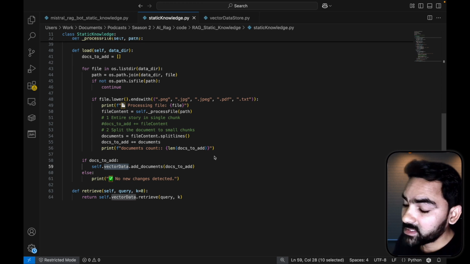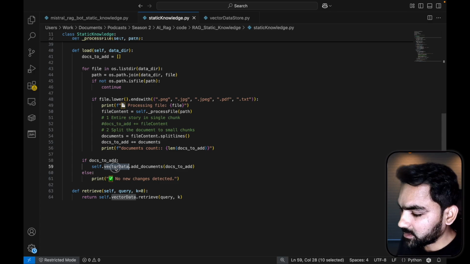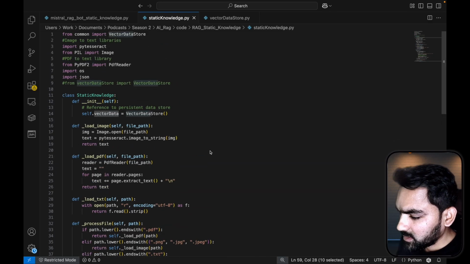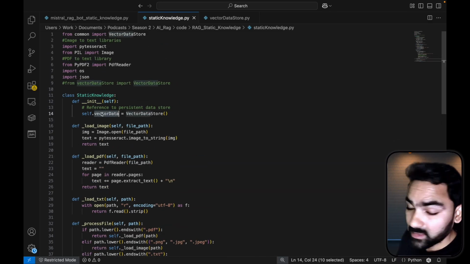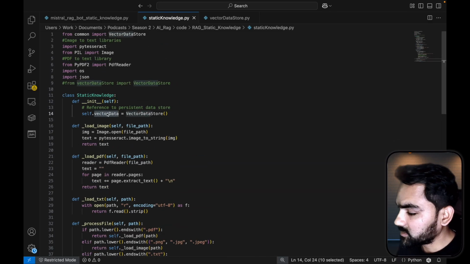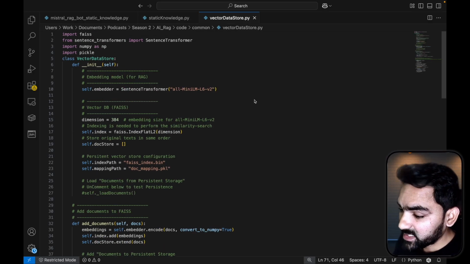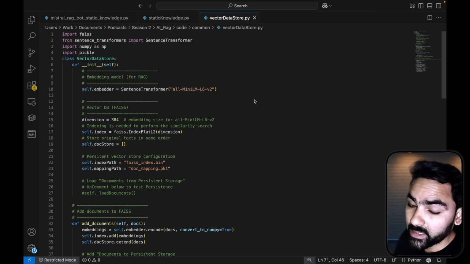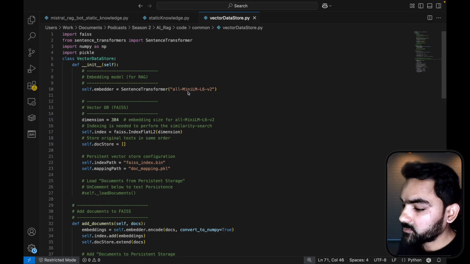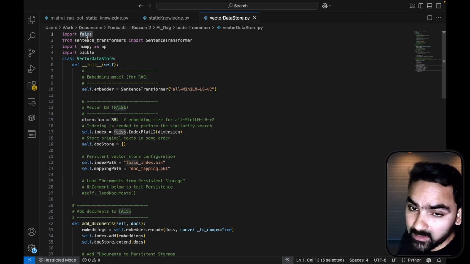a DB here which is aligned with the language models, that is the vector DB. This vector data store is initialized as soon as the static knowledge is initialized. It holds a reference here. In this vector data store, it has all the key elements which are necessary to hold or transform the text into a vector database. So the key elements of this vector data store are, first, FAISS, which is